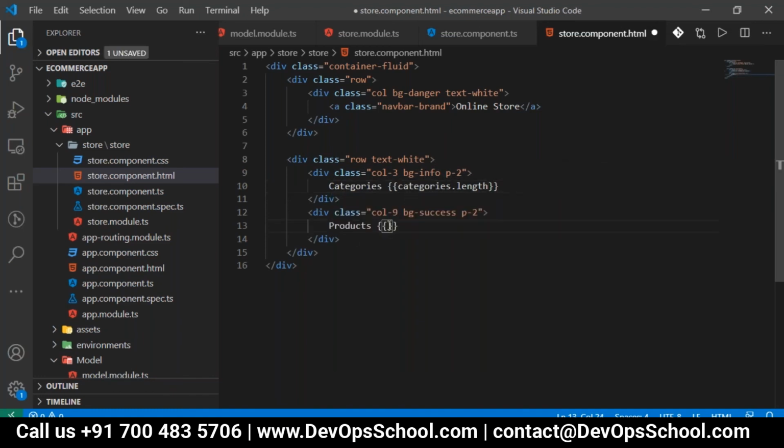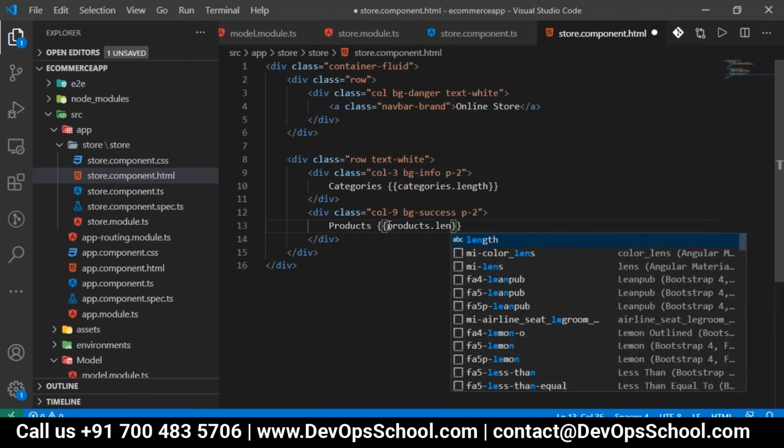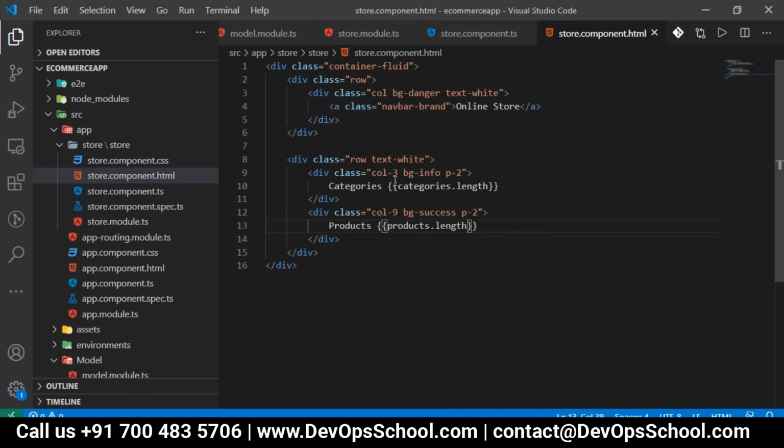Then we'll just take it here, products dot length. So it will just display the length. So after this, we will just run our project and see if it is properly working. Then we will display the code in that.